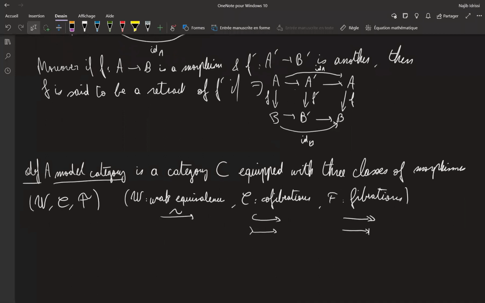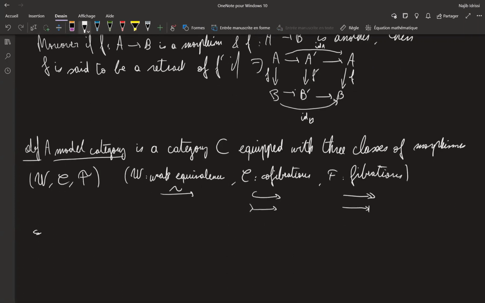And here, to get back to the questions I had before, this is really part of the data of a model category. A model category is really a category C and 3 classes of morphisms, right? There can be several possible model structures on a single category. We are going to see some examples just after. Satisfying the following axioms,